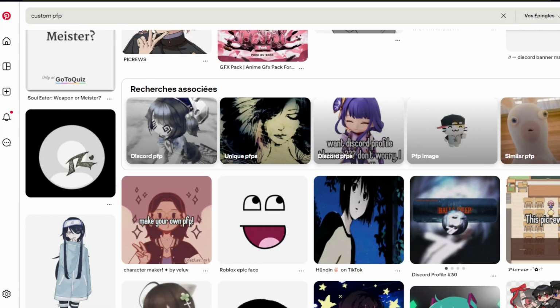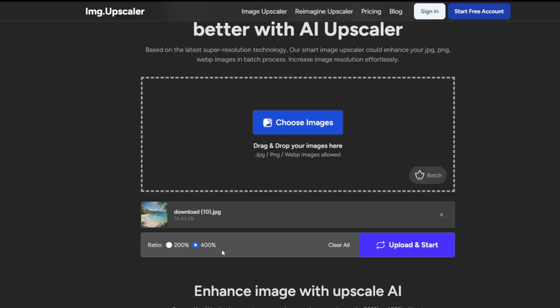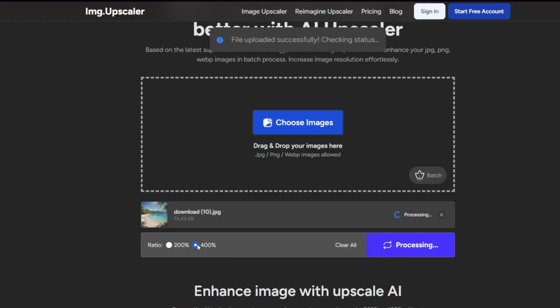So you have to go to software, this one. I will put the link in the description if you wanna use it. If you don't wanna use it, then find any kind of software that allows you to upscale your background. Basically, you just pick the background you downloaded. You open your file folder, get your background, and slide it in, or you just press choose image. Personally, I got my background, so you put it in and you press 400%